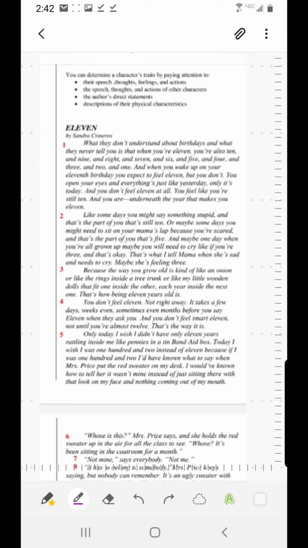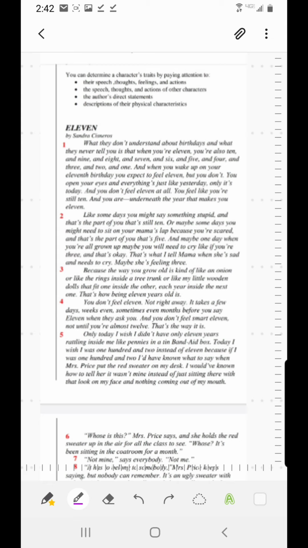And if you haven't done so, it would be really helpful if you actually had the short story in front of you. I've included it in your assignments. If you've picked up the packets, you should also have it in front of you. You should also have a pen or a pencil in your hand, and we're going to annotate this together. So please be sure that you are ready to go.